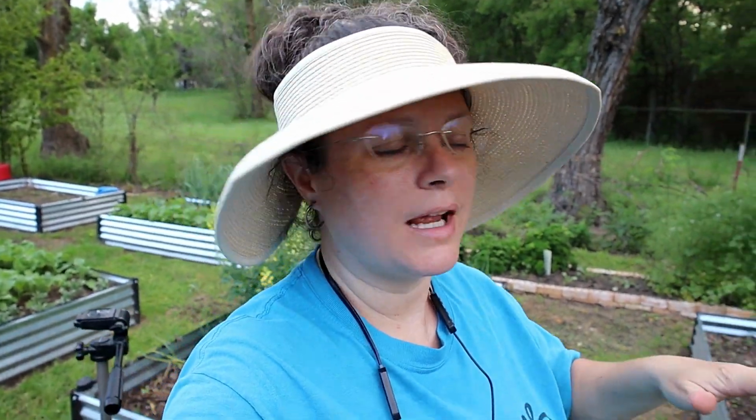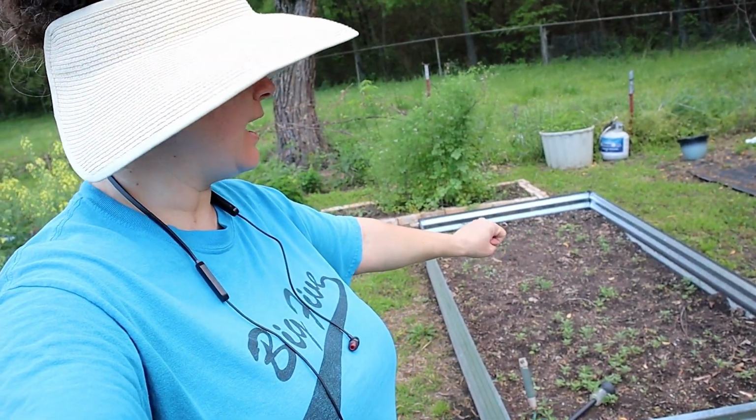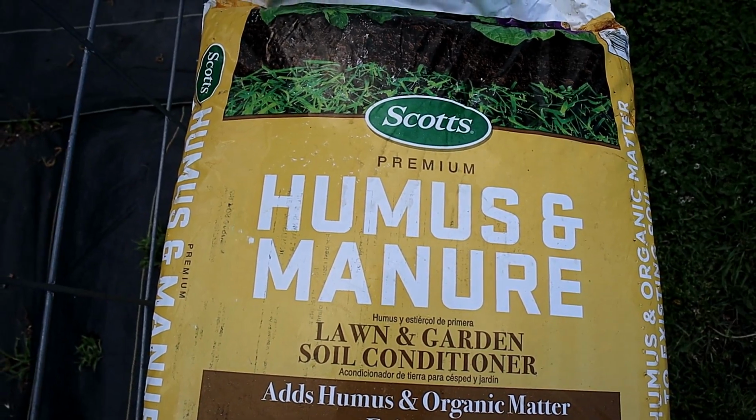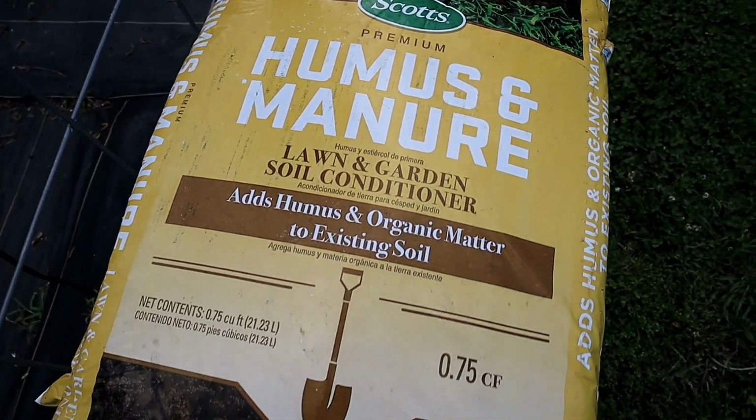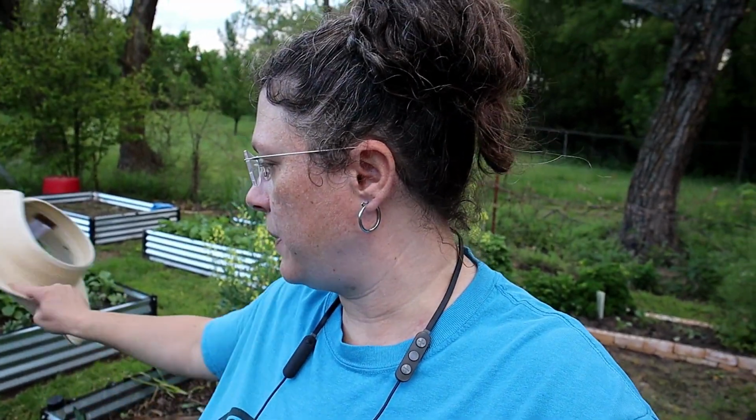Alright, you guys. We got the Lisianthus all planted out, and now we need to come in here and get this bed all cleaned out and get the Scott's humus and manure that I showed you guys a while ago. We're going to top these beds off. Usually I buy the compost,